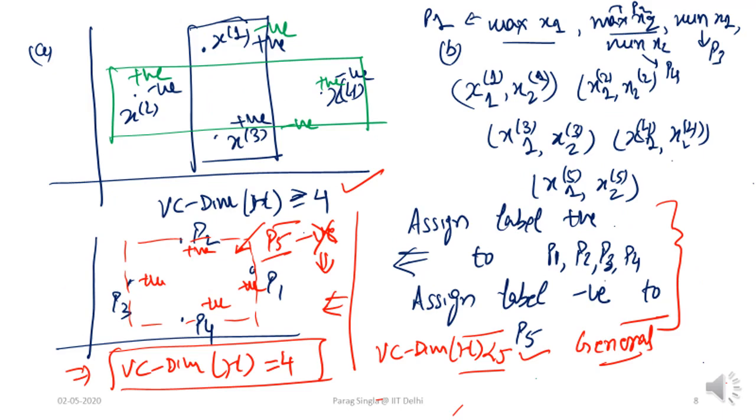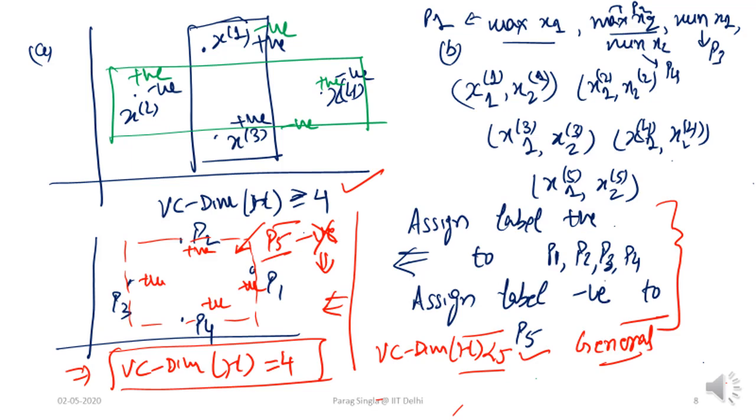Okay, let us continue from the argument made on the previous slide. Part A here on the top left is simply repeating what we have already discussed: there is a set of 4 points which can be shattered, shown as x1, x2, x3, and x4. The labeling with x1 and x3 positive and x2 and x4 negative, shown in blue, can be covered by this blue rectangle. Similarly, the labeling where x2 and x4 are positive and x1 and x3 are negative, shown by these green markings, can be covered by this green rectangle, and so on.